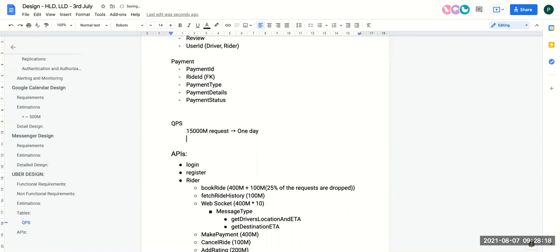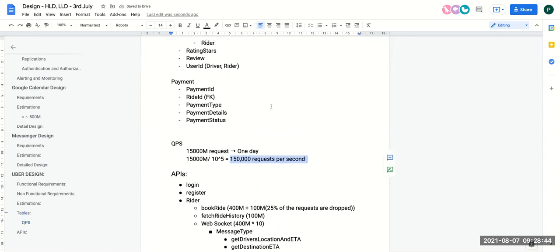Correct. Now to handle 15,000 million requests per day, this will become 15,000 million divided by 10 to the power 5. This will become 150,000 requests per second. You can clearly see that this is a huge volume which you have to handle in case of Uber.